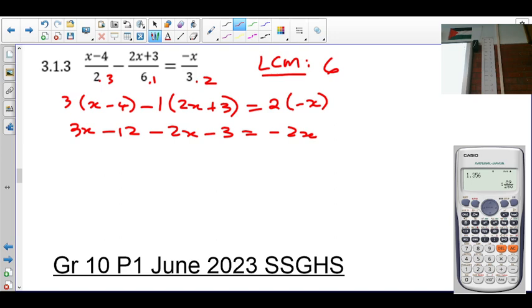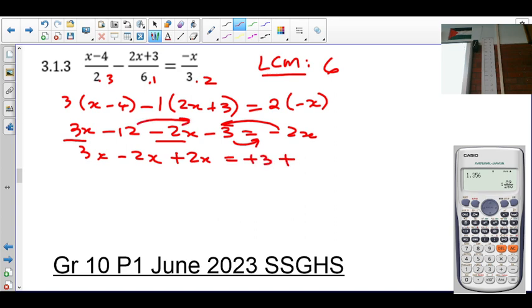X's one side, numbers the other side. So it's 3x minus 2x, as that's not going anywhere. Bring that over, becomes plus 2x is equal to plus 3 plus 12. Okay, so what do I do now? Add like terms. So 3x is equal to 15, divided by 3. Therefore, x is equal to